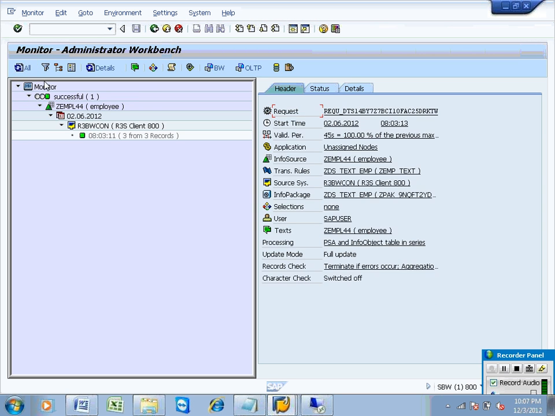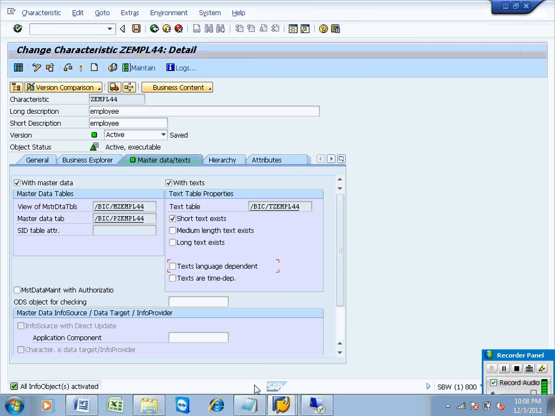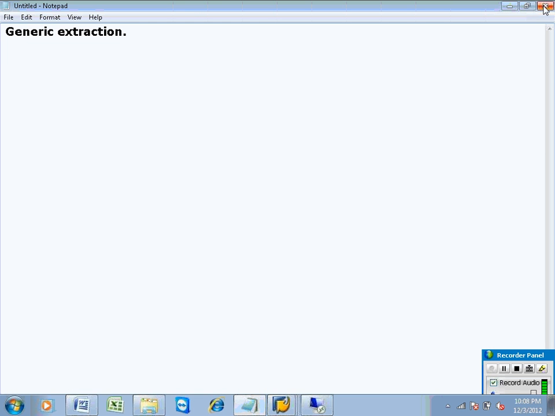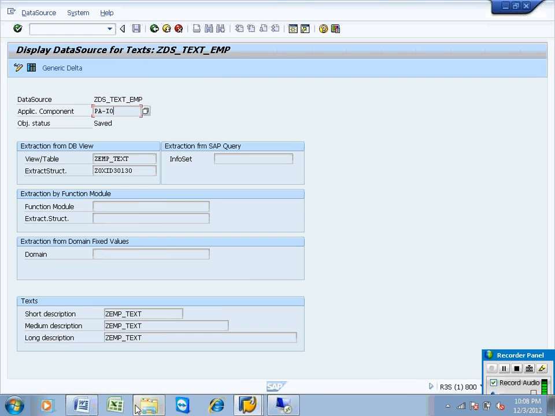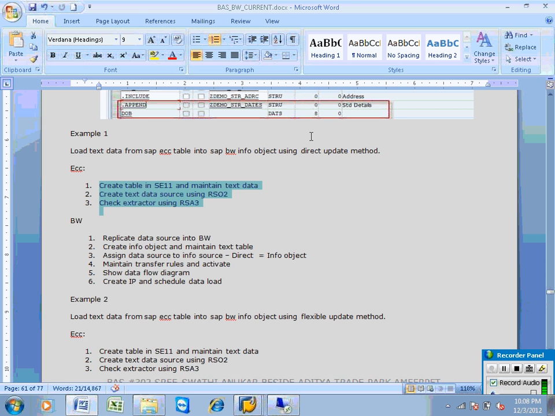We got loaded into the info object GNPM. And then, the same day, you can work with attributes. And tomorrow I will discuss attributes and the direct update method and other methods. You have a lot of notes here. Go through all these notes.